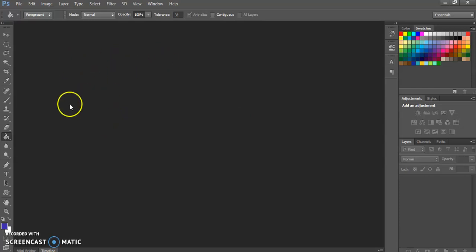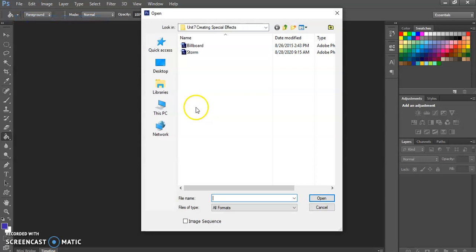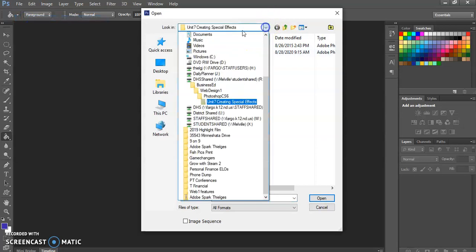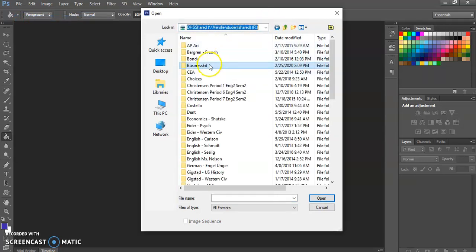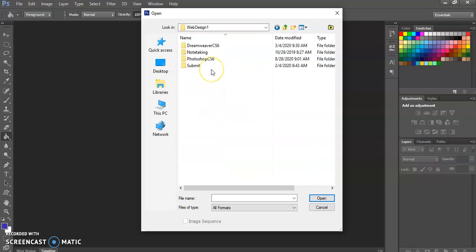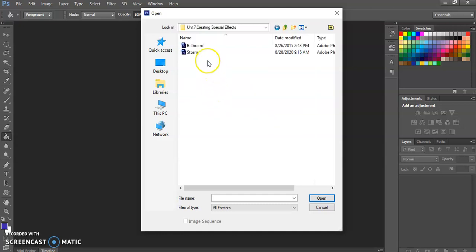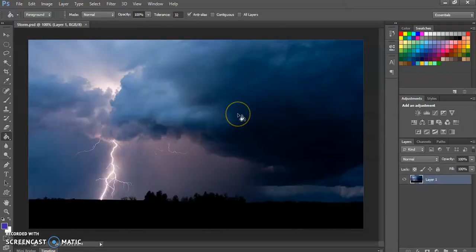But first thing we're going to do, I'm going to go File, Open, and I'm going to go into DHS Shared, Business Ed, and then we're going to go to Web Design, and then I'm going to go into Photoshop CS6, and then Unit 7, Creating Special Effects. And I am going to open up the storm graphic. Okay, so I'm just going to double click, open up this storm graphic. Okay, so here we got a picture,